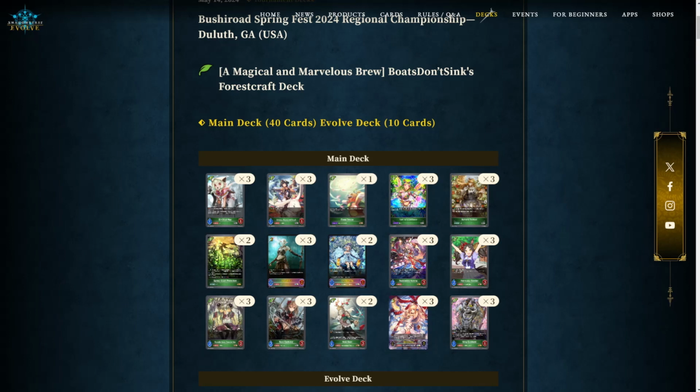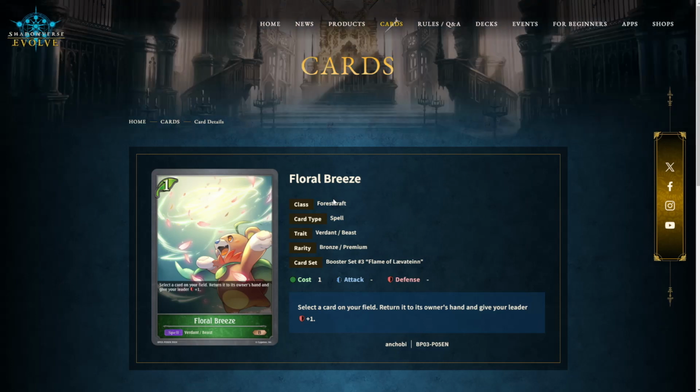But looking at this deck so far, one card I wanted to point out that's very different is Floral Breeze. If you don't remember, this card came out in set 3. You just look at the card on the field and return it to your hand, and you give your leader +1 defense. So this is a nice, pretty interesting take on putting cards back into your hand. Just because Nature's Guidance also adds you another card in hand, sometimes you don't want to go over your hand size. So Floral Breeze isn't a bad card to be looking for, especially using the Tweedledee and Tweedledum evolve just to go ahead and get this card in your hand,